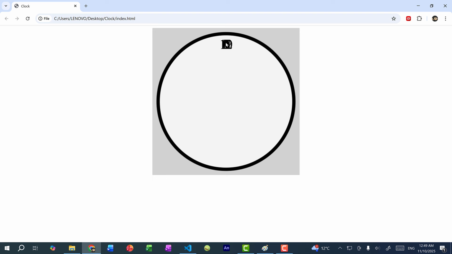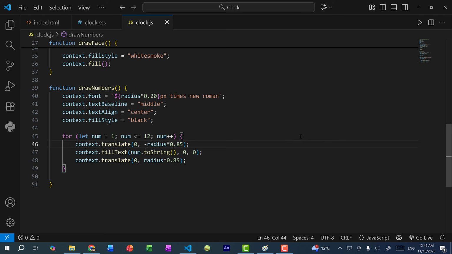Now from here, I want to angle it so that we're drawing around like so, but it will all be equidistant from the origin. So for that, we need to rotate the context. And basically by rotating at an angle, we can think about it as sliding the paper around in a clockwise direction while you draw the numbers out. So we need to get the angle. And this is going to be num times